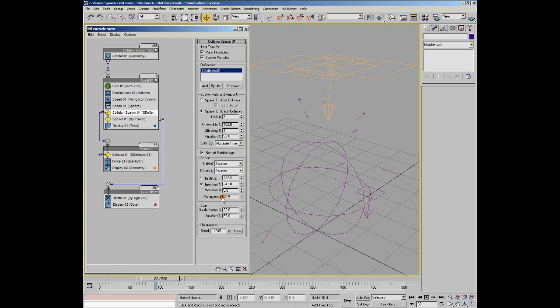Do you want them to follow their parent exactly, or do you want them to diverge from that path slightly? You've got a divergence value all the way from 0 up to 180 degrees, so as you can see, you can go in the opposite direction if you need to. So there we go. We've defined how many, we've defined how fast